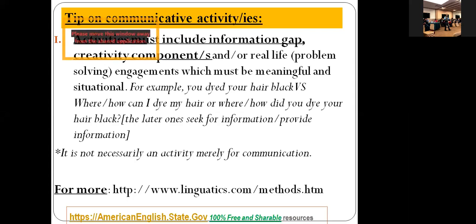If you just talk only for the sake of talking, there is no learning, there is no information gap, there is no real solution of the problem, then it's not a communicative way of learning and teaching. So there has to be something that actually helps solve the problem or issues, or provide more information. That's why